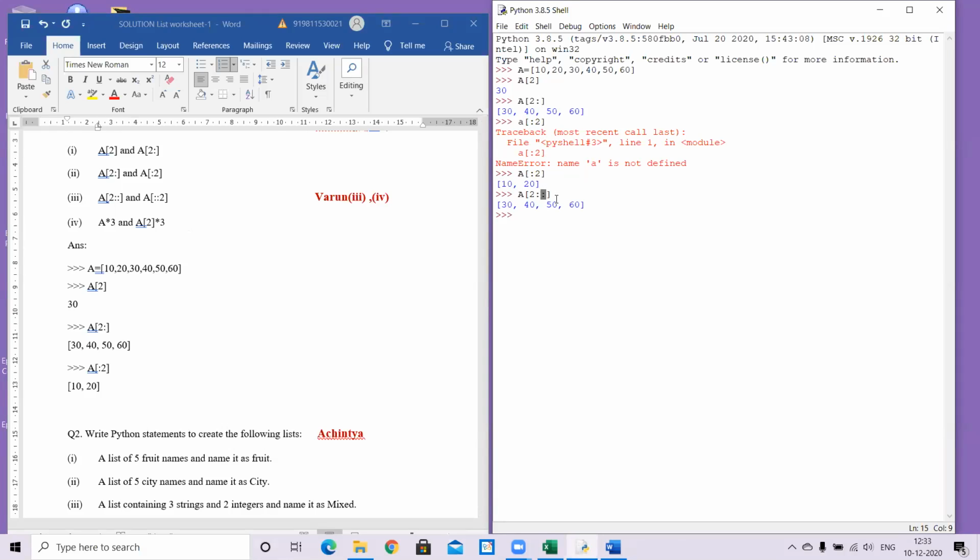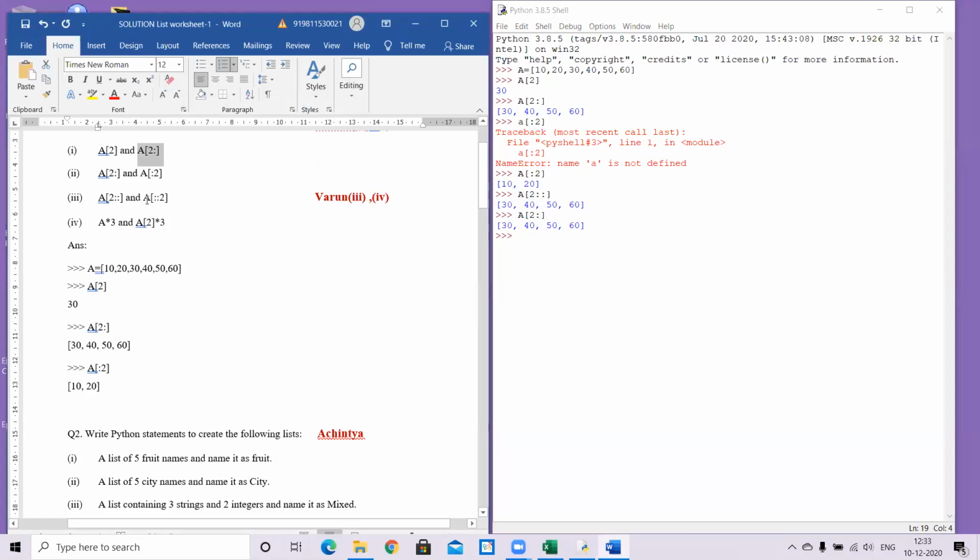After that it is a step value, and if you don't mention the step value, it is 1 only. So whether I write this or I don't, my output is the same. So this particular part is the same as this and this part. We're just comparing one with the other, but these give the same output.